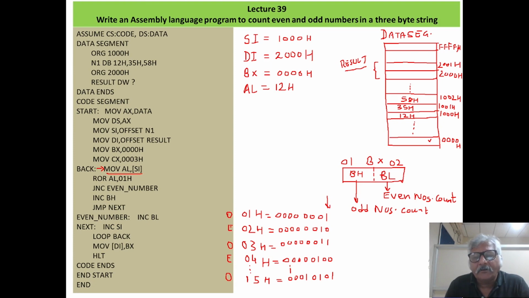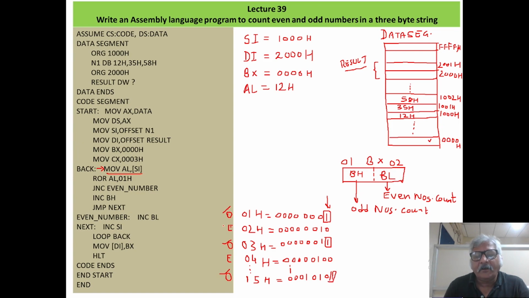For the odd number 01, this is 1. So we'll check the odd numbers first. Now another odd number is 03. See this LSB, this is 1. See another odd number 15H. See the LSB, here it is 1.